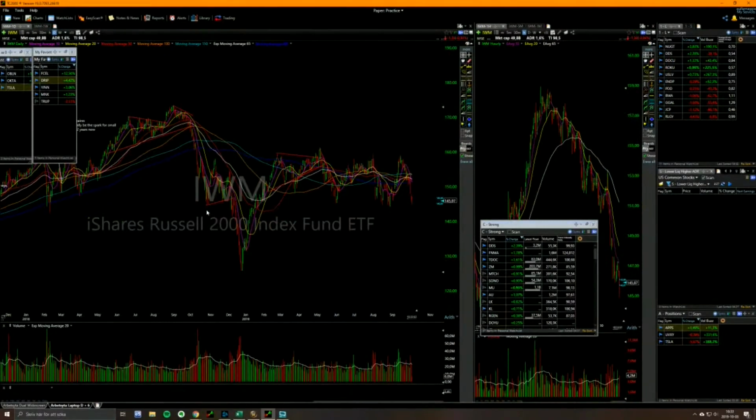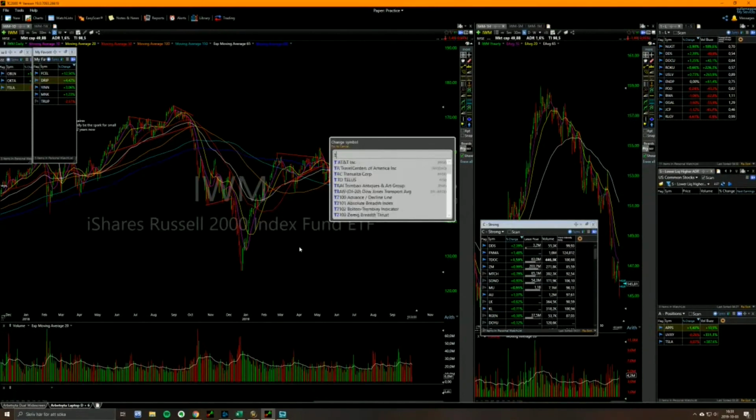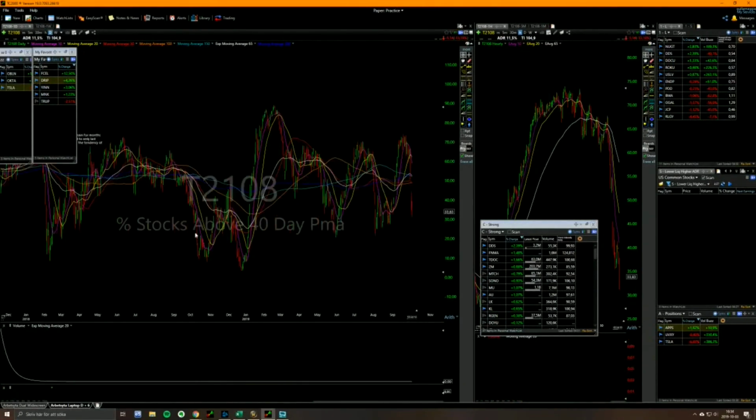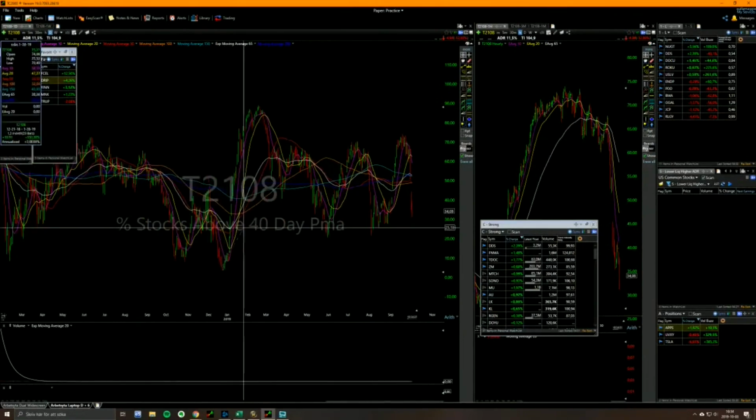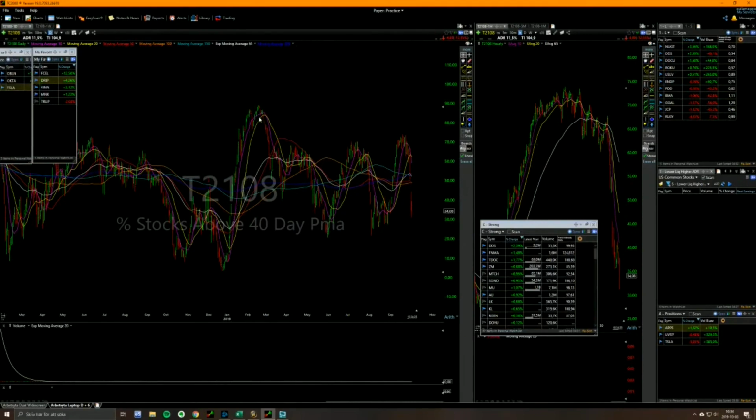Look at this retracement, this early October versus late December. You see this, the market continued lower, T2108. As you can see, the number of stocks below the 40-day didn't really increase that much. So you can look at divergences like that. Again, after a big rally, you can see when this thing starts rolling over. That's also good